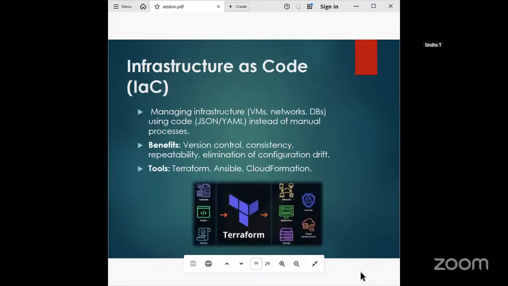IaC means managing infrastructure, VMs, networks, and databases, using JSON instead of a manual process. Benefits are version control, consistency, repeatability, and elimination of configuration drift. We can use tools like Terraform, Ansible, and CloudFormation; Terraform is a sample tool. A cornerstone practice made possible by the cloud APIs is infrastructure as code, managing and provisioning the networks, virtual machines, and databases using machine-readable definitions like JSON, rather than physical hardware configuration or manual